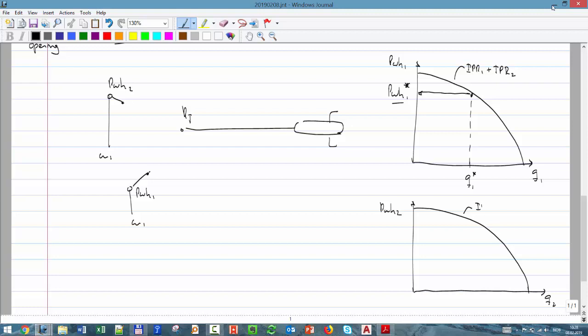This is IPR2 plus the TPR2, the tubing equation and the IPR equation. Then I say I want to produce this rate, Q2 star. I go again to the curve and read here the value of PWH2 star. If I produce this rate from that well, this will be well 2, then I will have that pressure upstream